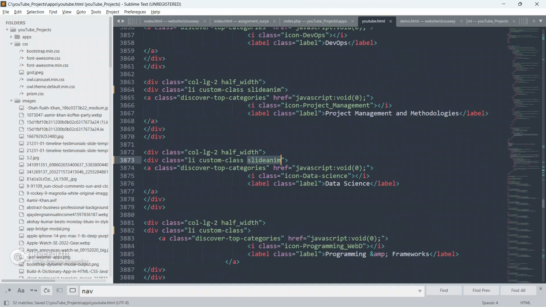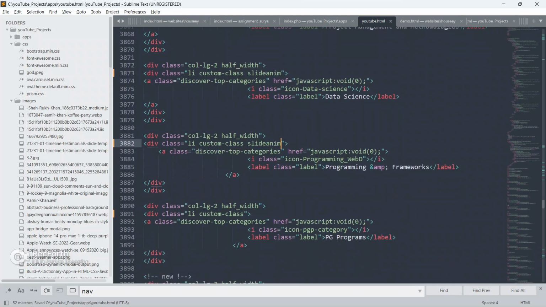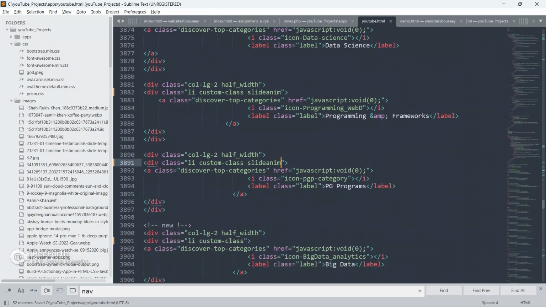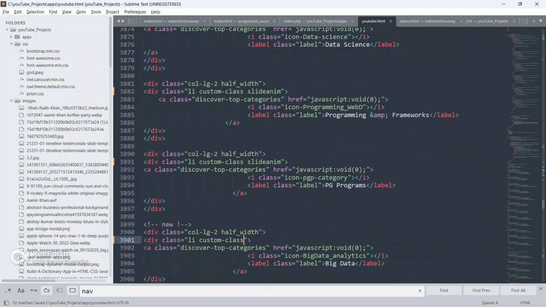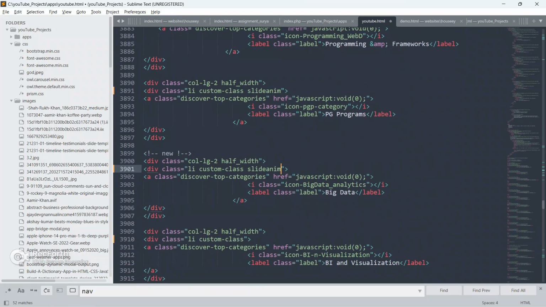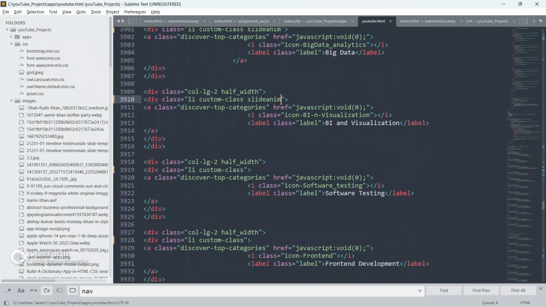We have to use this slide anim class, guys, on each and every element you want to apply the animating effect to. And for that we have to use floatpanel.js and some CSS classes. Okay guys, and this is it. You are done with your animating. Your site will be animating and it will look cool also.